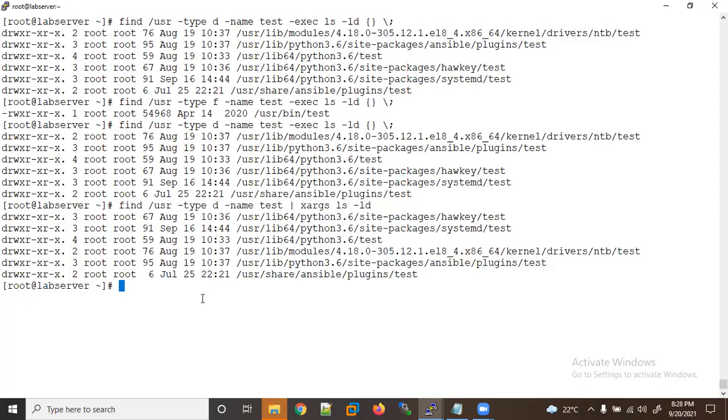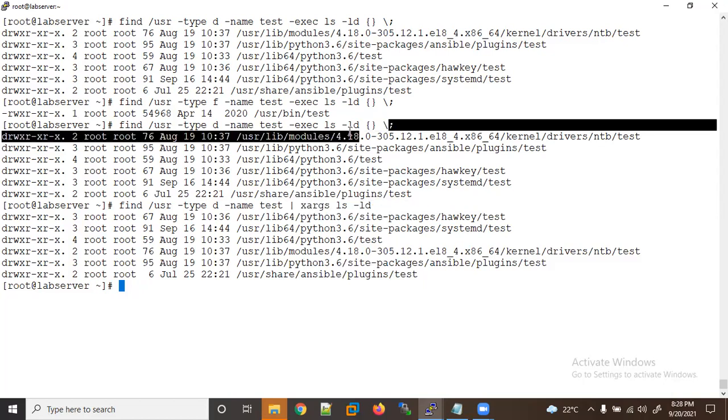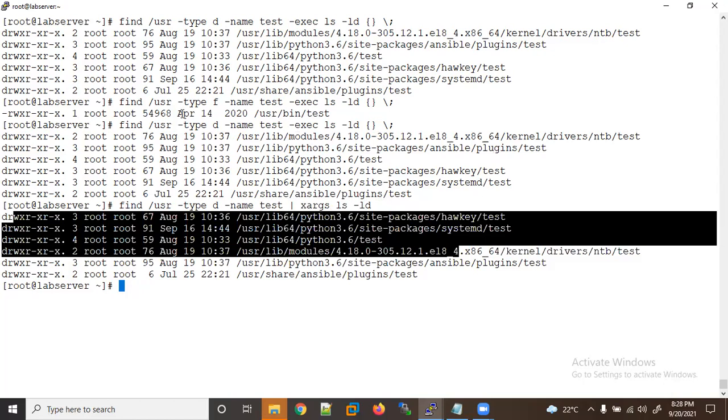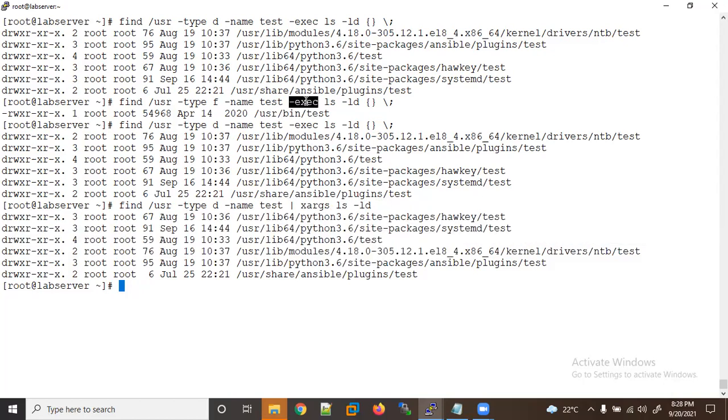Right now you can see both commands give the same result. Here I'm doing a manipulation with another command, but the exec form is part of the find command only. Here I'm using another command with the help of a manipulation, and producing the same result. But here we have the exec argument, where I need to give braces that look like a loop, as it walks through the results. After that, it is part of the syntax.